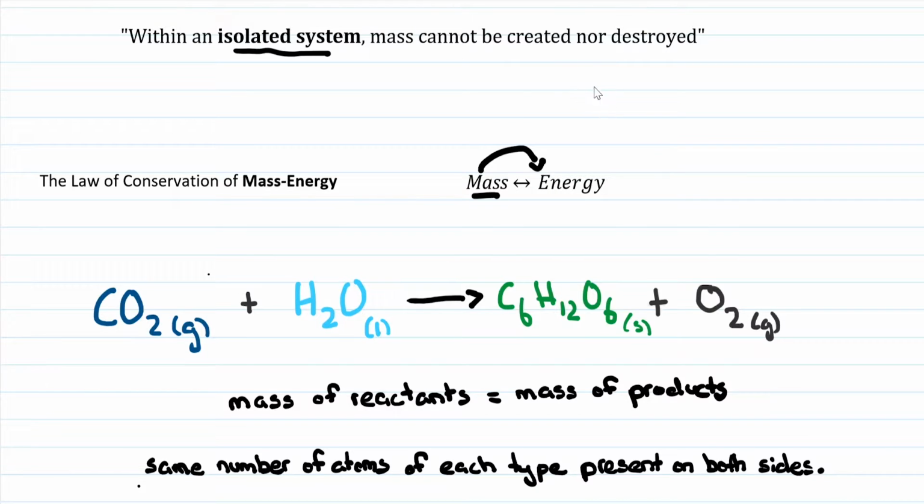However, when we're looking at nuclear chemistry, that's when huge amounts of energy are produced, and that's when you need to look at the conservation of mass energy. So it's important to make that distinction. In normal chemistry, typically you don't need to consider the energy aspect because the amount of mass that's converted into energy is very little. But on a nuclear level, it is very important to consider both mass and energy.